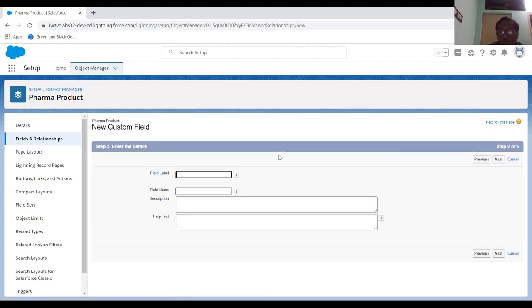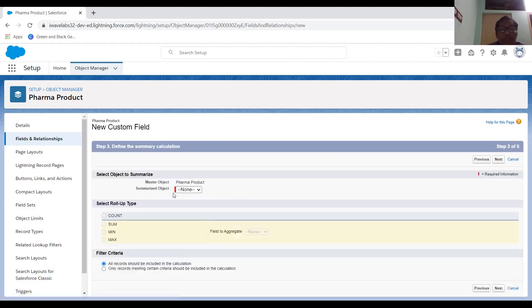Now, what is the field label? I'm going to say total quantity. After entering the field label and field name, I'm going to click on the next button. Once you click on next, the third step is to define the summary calculation. You have to define the summary object, which object? The master object is pharma product, and you have to say the child object. The child object is going to be sample because it's already in the relationship, so the sample is getting